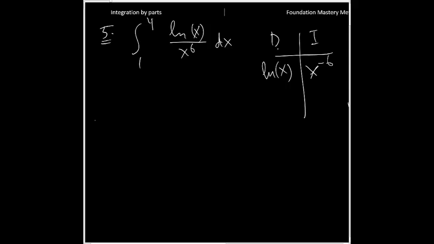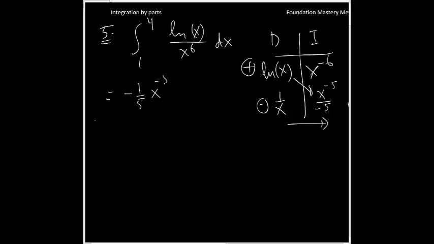Now the derivative of natural log of x is 1 over x, and the integral of this one will be x to the negative 5 over negative 5. Is that right? You add 1, and then you don't go further, you stop. So we'll go this way and we'll come this way. This is the plus and this is the minus. So then my integral is now coming out like negative 1/5